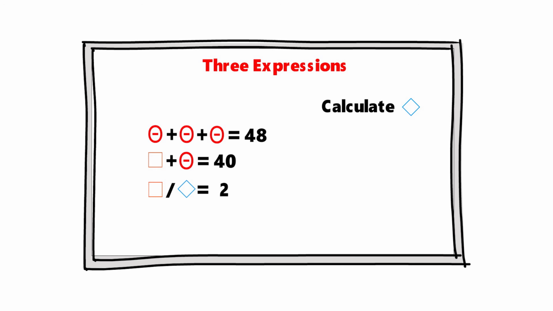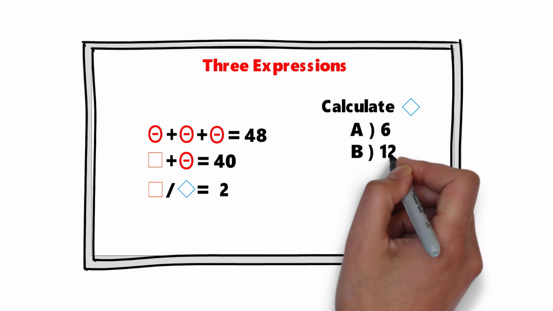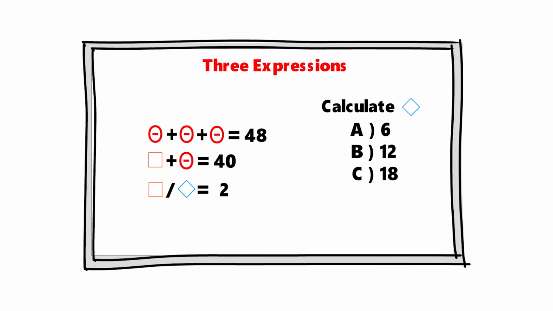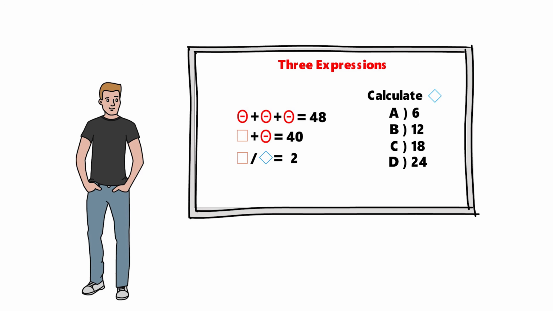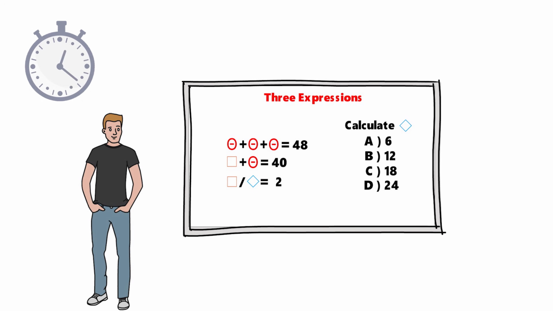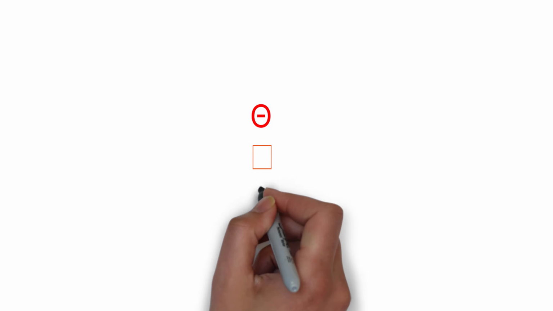You're presented with 4 different choices. Choice A, 6, choice B, 12, choice C, 18, and choice D, 24. Can you do the math? Give yourself 10 to 15 seconds, maybe 20 to 30 seconds, depending how quickly you are with the math. Ready or not, I am moving forward and going to reveal how to do the calculation and solve this particular problem. If you think about it, the symbols that are presented for this problem are no different to X,